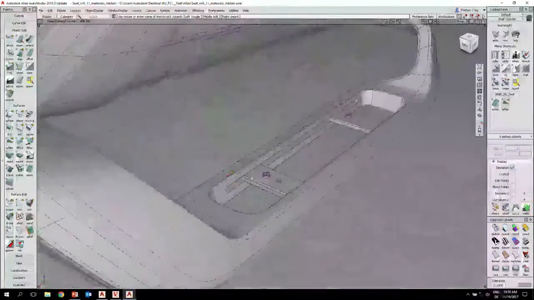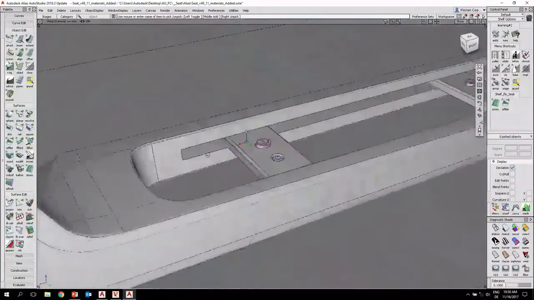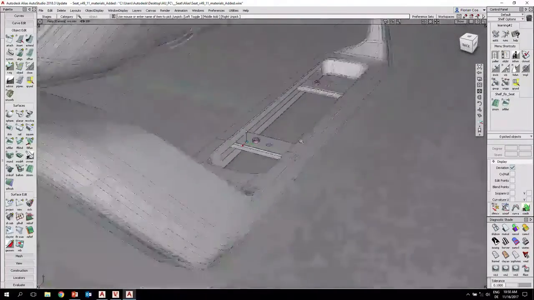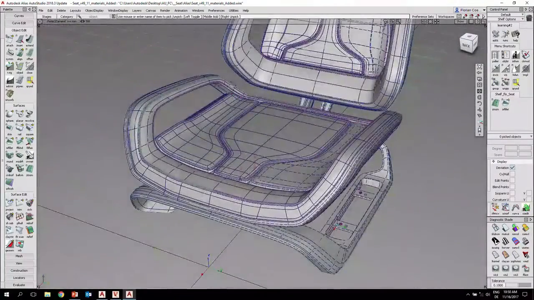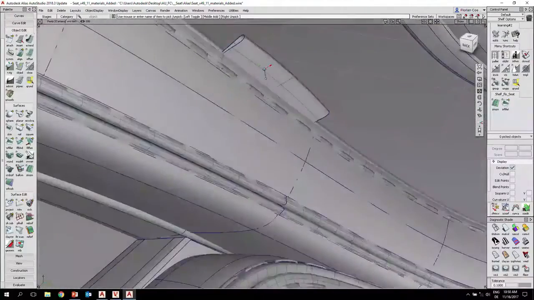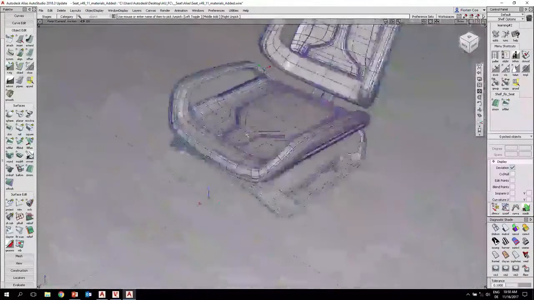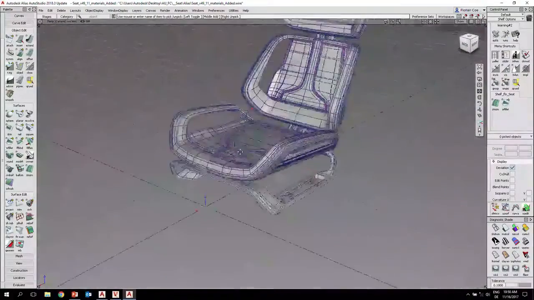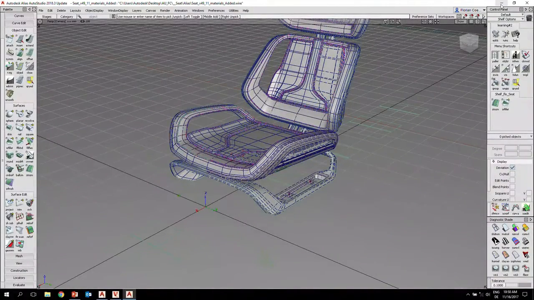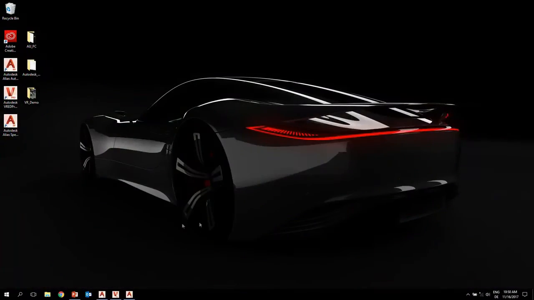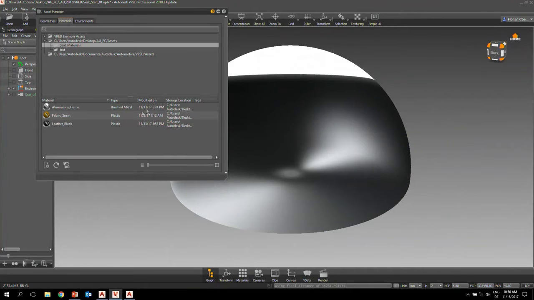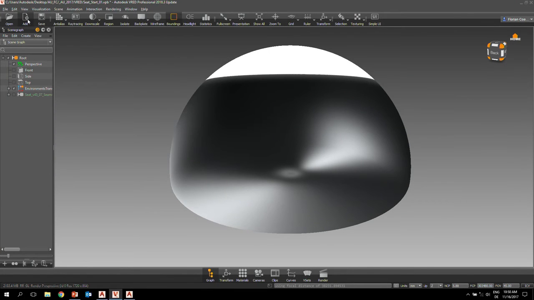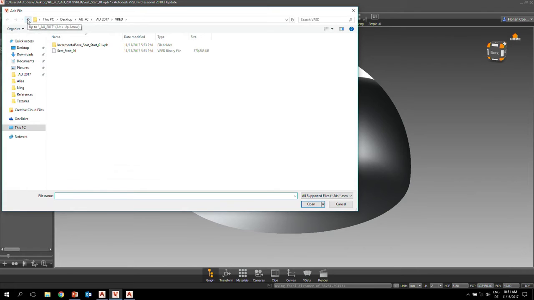Just created here some little details as well, like this, and here a logo thing, and that is basically it. So then I can save that out as my wire file, and then I will go straight and directly into VRED, and the only thing I have to take care of now with the materials is a pretty easy thing,